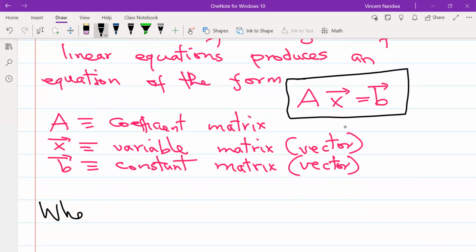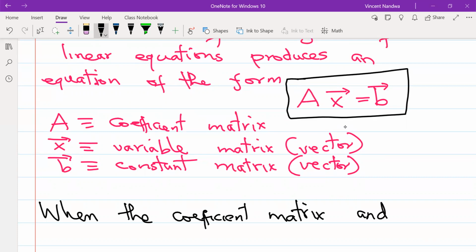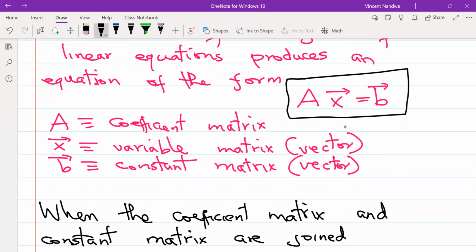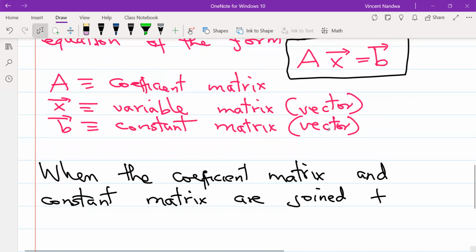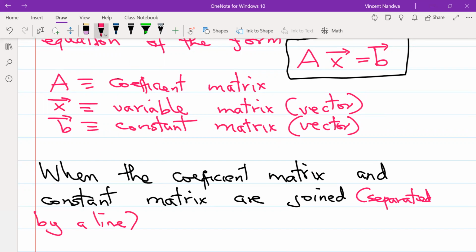So when the coefficient matrix and constant matrix are joined, separated by a line, to form a single matrix,